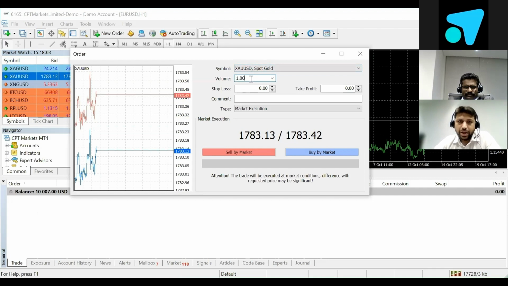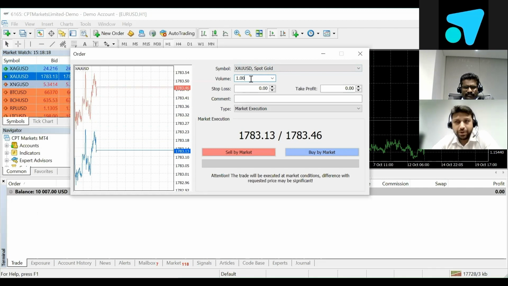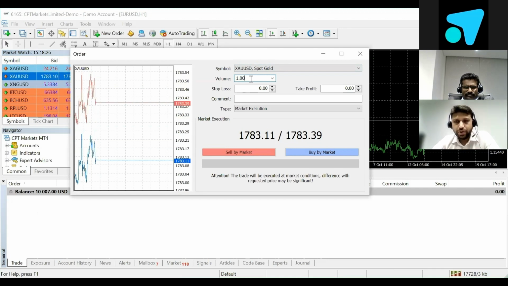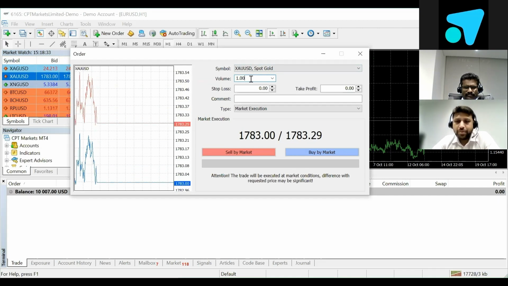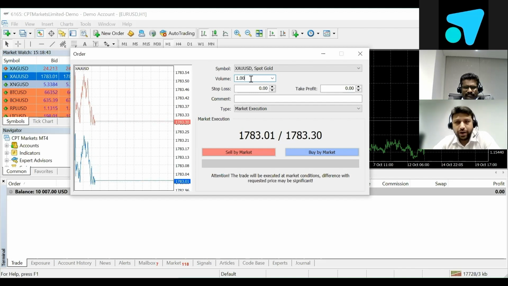The volume. Now in MetaTrader, to keep things simple and more efficient, they have used decimals in place of actual whole numbers. For example, if you want to write 100,000, instead of 100,000, just write 1.00. That denotes a standard lot in MetaTrader. Accordingly, the lowest minimum starts from 0.01, which in terms of currency we say 1000, and the maximum, a standard lot, goes to 1, which is 100,000.